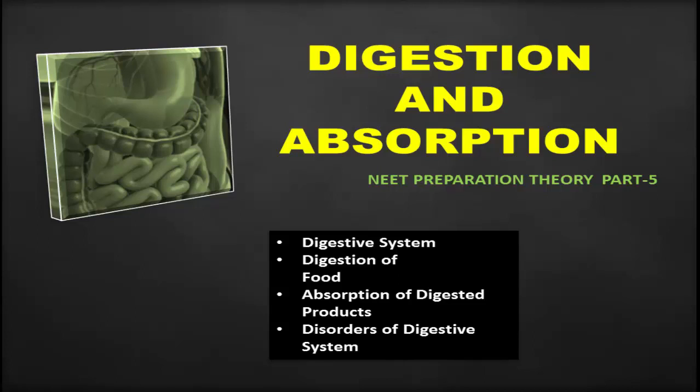In the previous videos, I explained about the remaining digestive glands such as salivary glands, intestinal glands and gastric glands along with their composition. What is the pH of the particular juice secreted by these glands? What are the different enzymes present in the juices, and for the digestion of which particular molecule are they required? So in this video, I am going to explain about